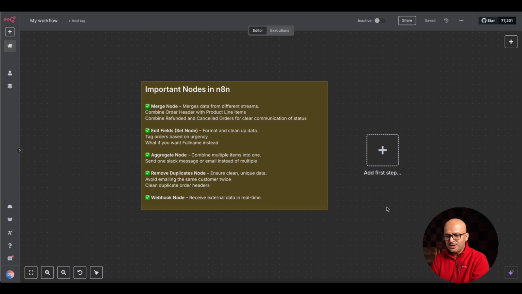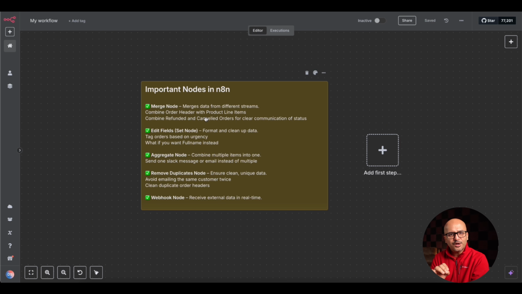Alright, so we are logged into the cloud instance of my N8N workspace, and you can see these are the nodes that we are going to cover. What we are going to do in this lesson is I have written out some use cases that we will be implementing using these nodes, and these use cases will make sense if we build them on top of a real business workflow. In the last lesson of this course, we have already built and automated a business workflow. So I'm going to go back to that lesson, and we are going to see what we automated and how we can implement these use cases in that business workflow.